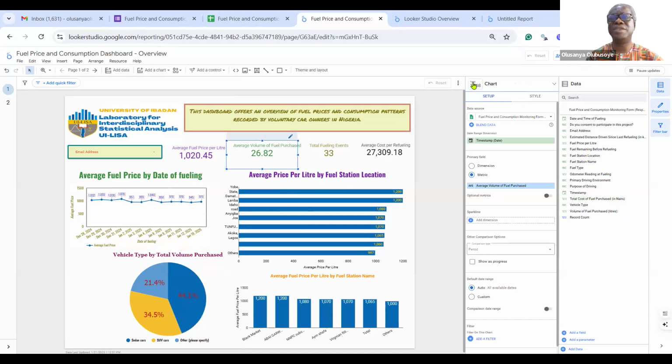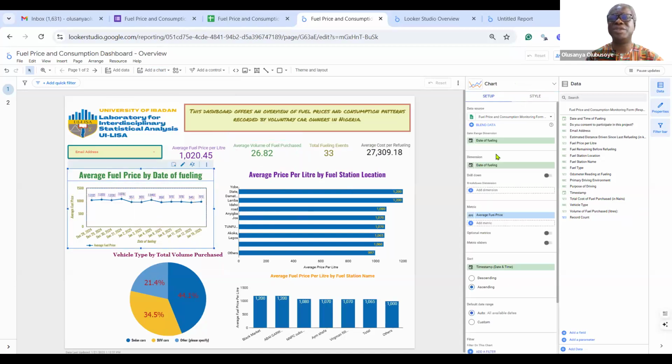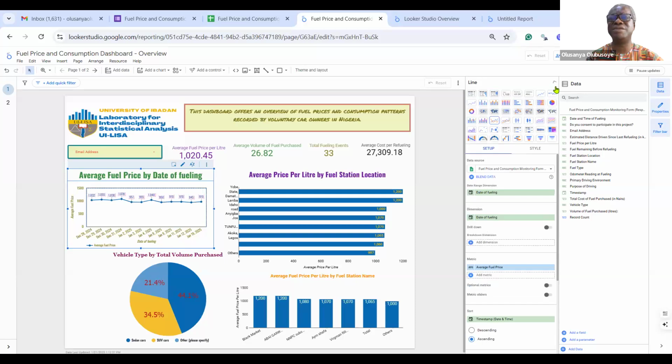If I click this one now, it will tell me the type of chart. If you put your icon there, that is line chart. It means here I've used line chart.